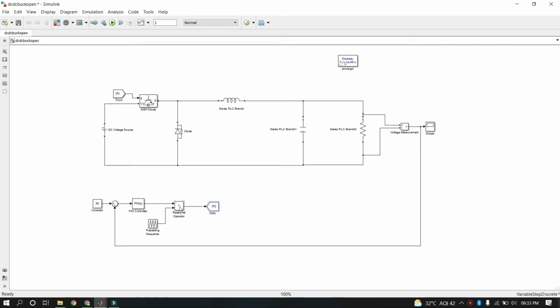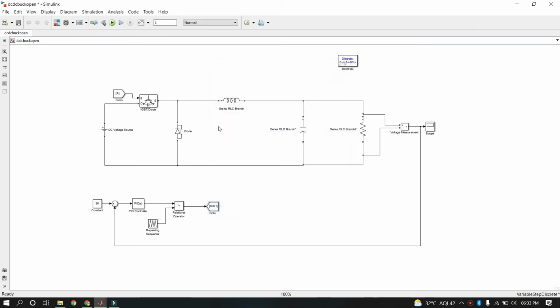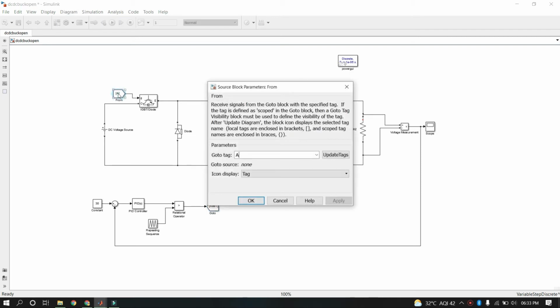So the relational operator signal goes to here. I will take IGBT. Basically you need to give some name, and this name should be common for the go to tag and for the from tag. Okay, so here also I will keep it IGBT.